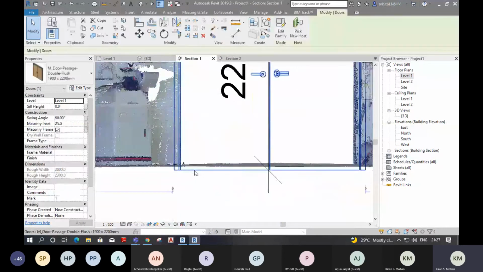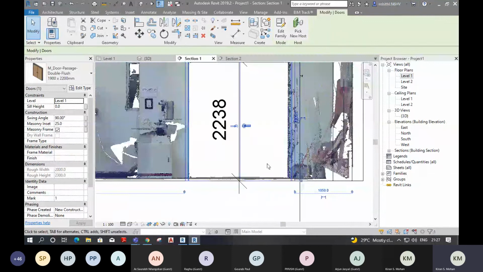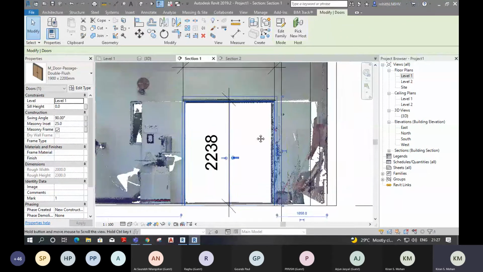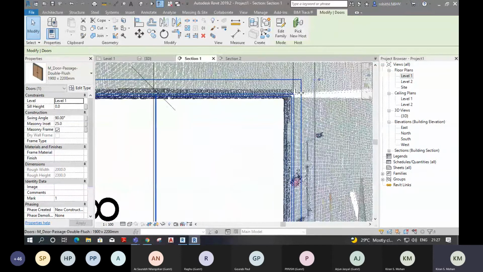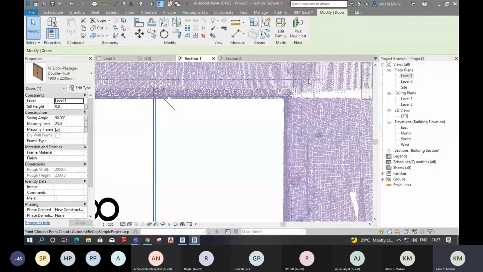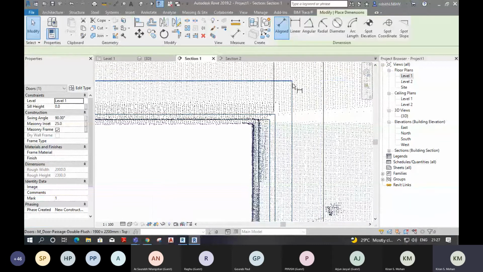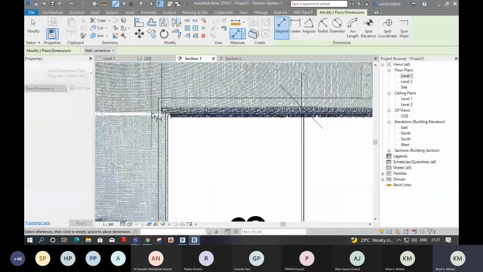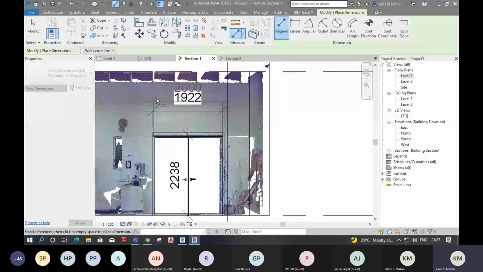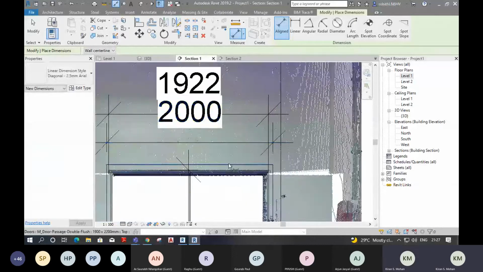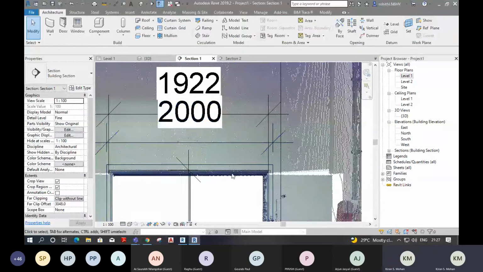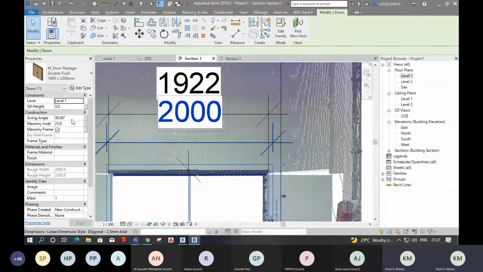Okay, the outer, okay, we measured the outer dimension. One second. We'll go for 1800 itself, then it will be accurate in that location. And here let it be 2100. It is almost aligned.